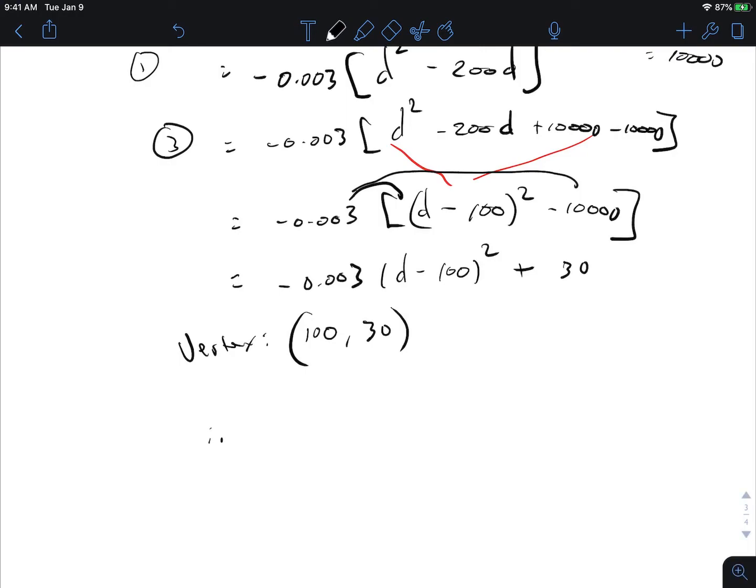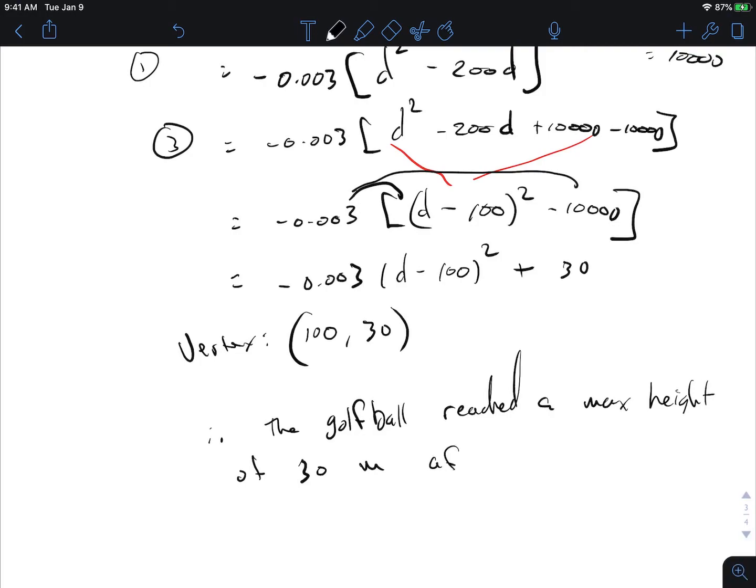It means, therefore, the golf ball reached a height of 30 meters after it traveled